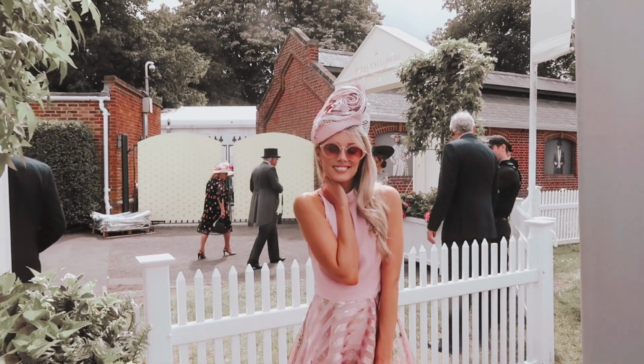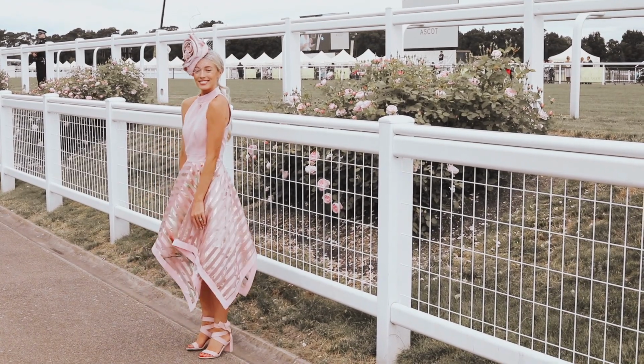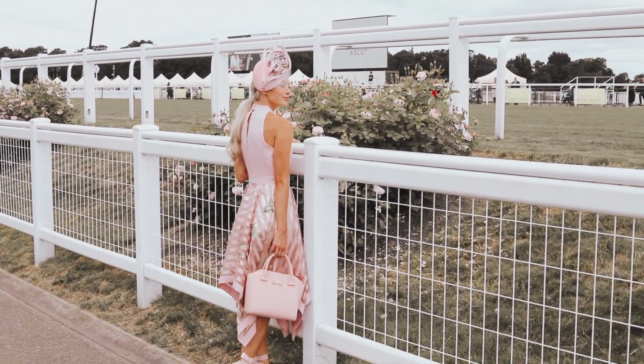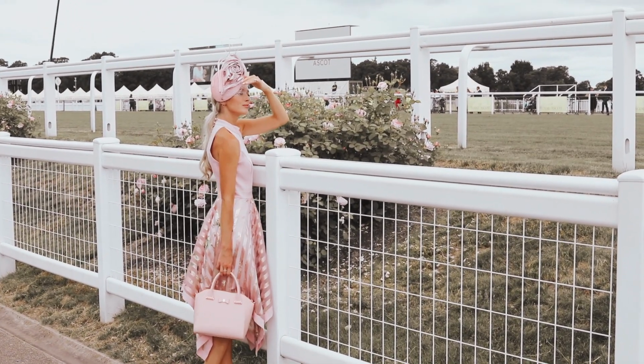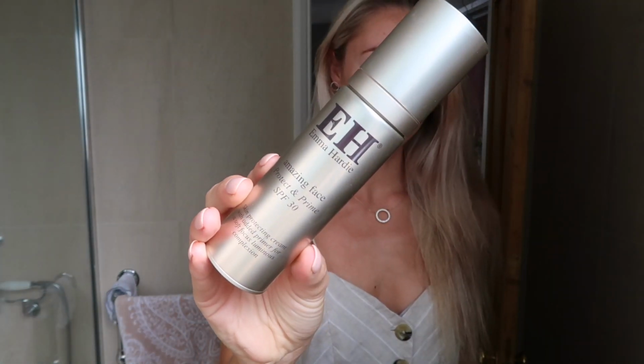Hello my darlings, and welcome to my wedding guest Get Ready With Me. As you can see, this look was technically for our day out at Royal Ascot, but as the races are now over, I thought I'd show you how I got this look, as it would be absolutely perfect for a wedding guest outfit. Okay, so starting off barefaced in the bathroom, I've already applied serum and moisturiser, so I start